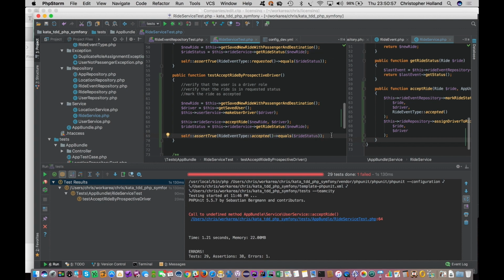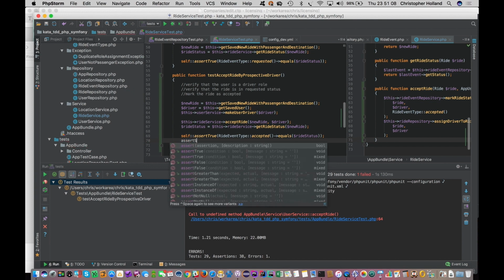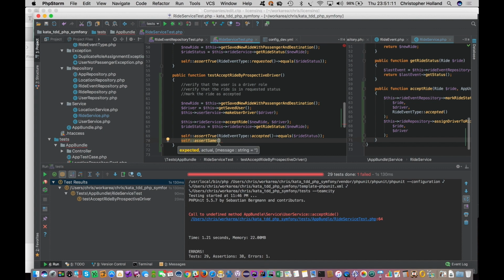And also, like assert same driver get last name of, I'm going to say accepted ride equals